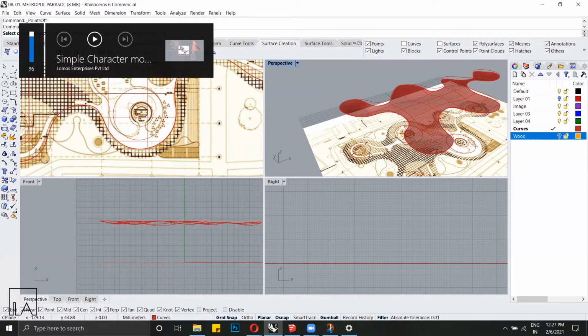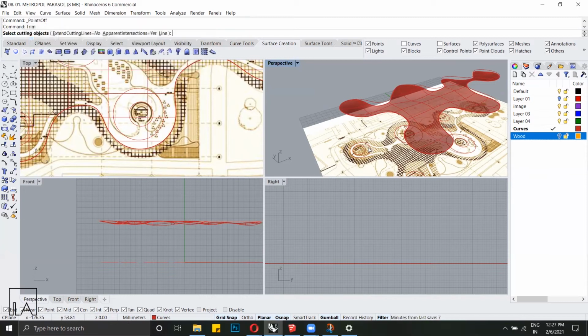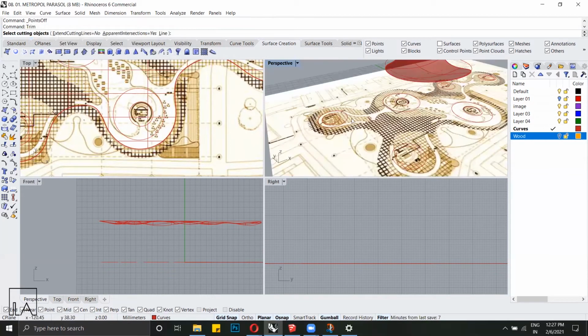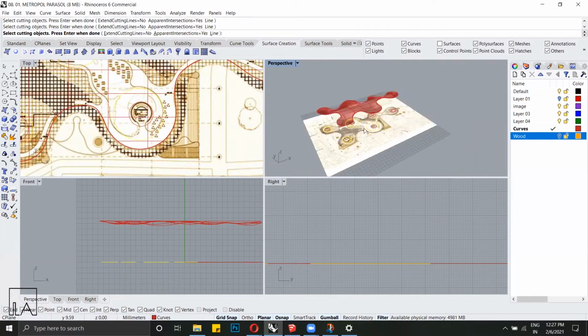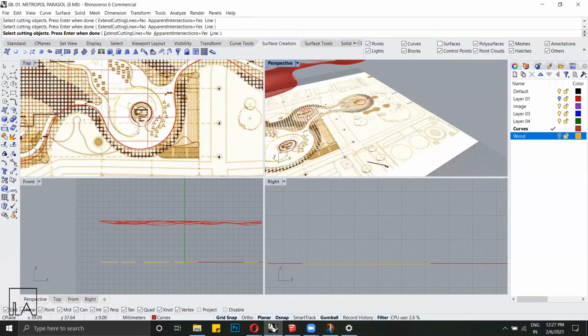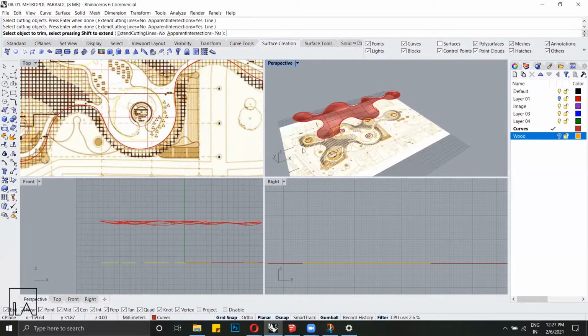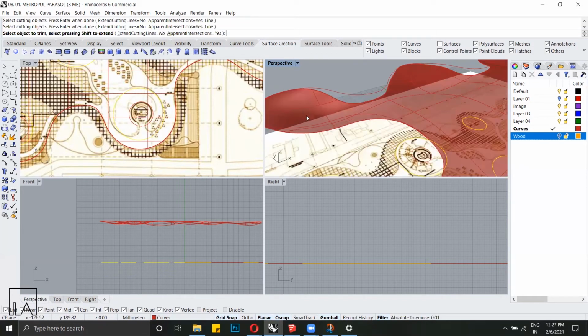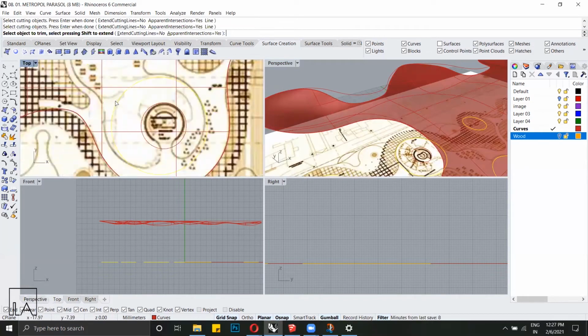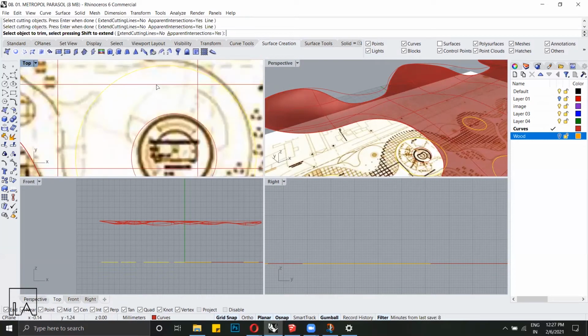So to select the cutting objects, I'm just going to select all the larger circles. Once I'm done, I'm going to hit spacebar. Now it says select object to trim. And I can go into the plan and then top view and then just select the curve.